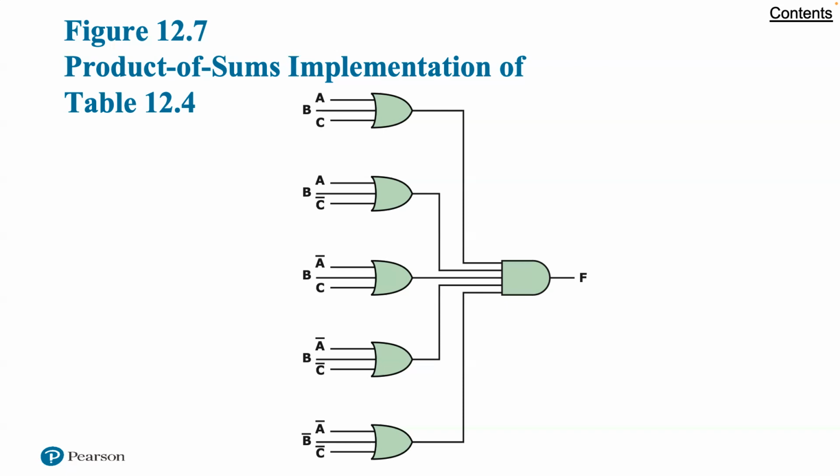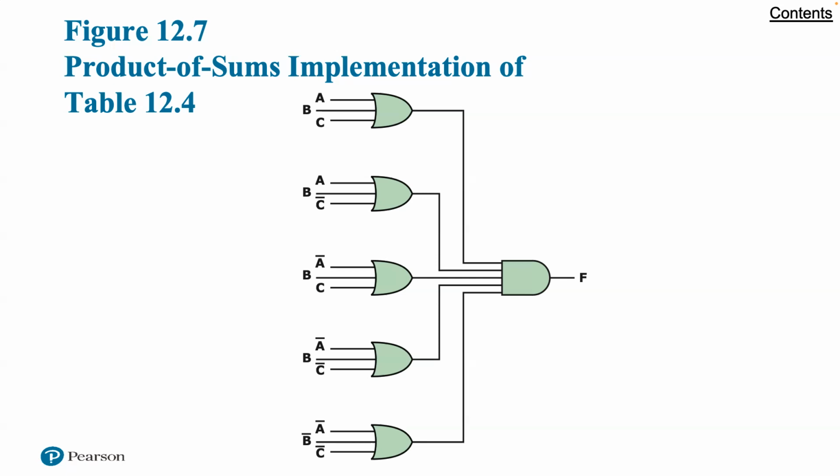The SOP has one term for each 1, and the POS has one term for each 0. However, there are certain considerations. It's often possible to derive a simpler Boolean expression from the truth table than either the SOP or the POS. It may be preferable to implement the function with a single gate type, that is, a NAND or NOR. The significance of the first point is that with a simpler Boolean expression, fewer gates will be needed to implement